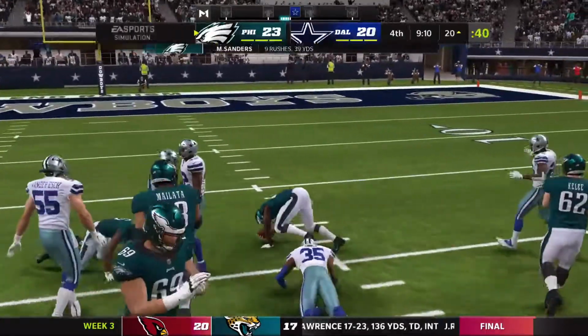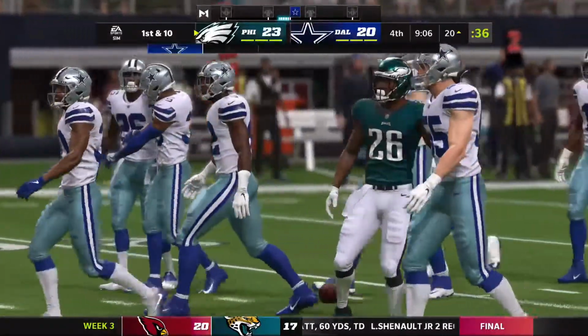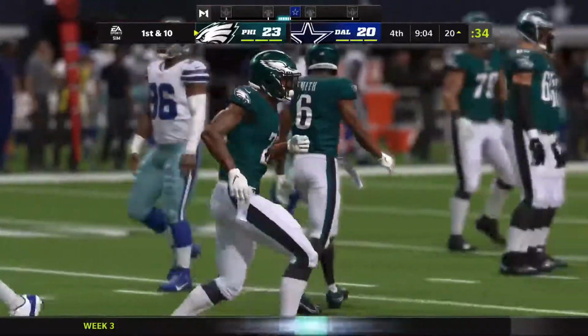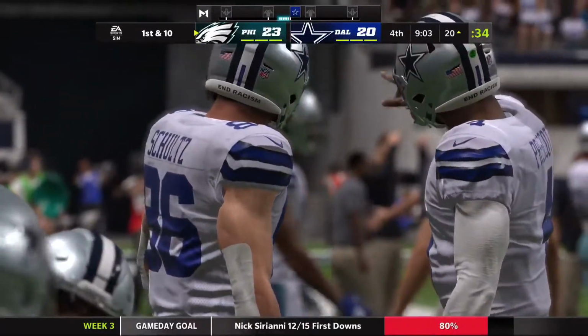And they'll get this one down to about the 20-yard line. 14 yards there and an Eagle first down. How about this offensive line? They're really starting to establish themselves, take over this game. And before